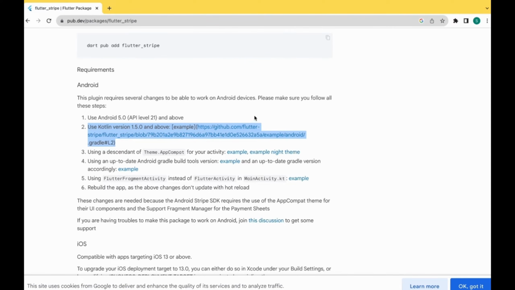Now here comes the second point, use a Kotlin version 1.5.0. We are already using a Kotlin version above 1.5.0, so just skip this step. Now let's move to the third point, which is using a Theme.AppCompat. So we need to change this in our